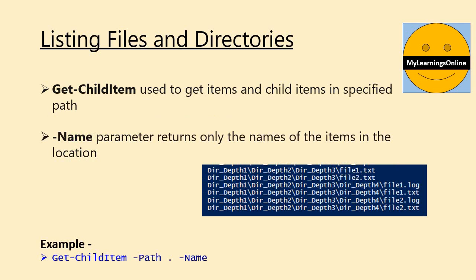When we list items of a directory or specific location, we get many details along with the name, like we saw in the previous slide. Many times it may be helpful to get so much information, but sometimes we may be interested only in the name of the item but not in other information. The Name parameter is used to get only the names of listed items. In this example, we are trying to get the names of items under the current directory or specified path using the name parameter.